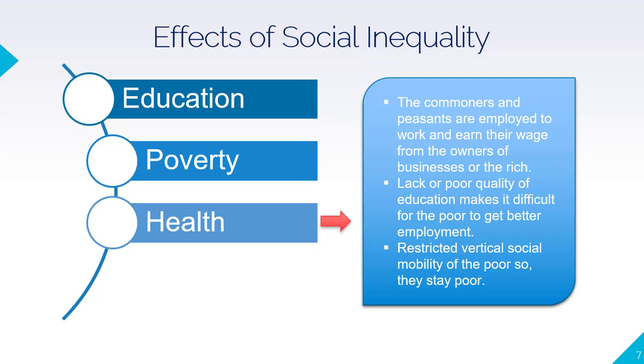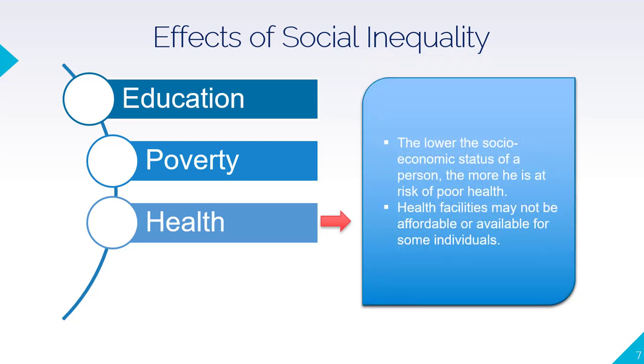Health. Like a domino effect, due to lack of education and enough earnings, the lower the socio-economic standing of an individual, the higher the risk of poor health. An individual in a lower social status may not have access to clean water, clean food, or standardized health facilities whenever they need it. In most cases, the poor will not even go to the hospital if their illness is not grievous or fatal. Health facilities and health insurances may not be affordable for most people, especially the population that are experiencing poverty. Some illnesses are not even diagnosed, and since the poor usually don't have enough funds, this causes death more often than not.